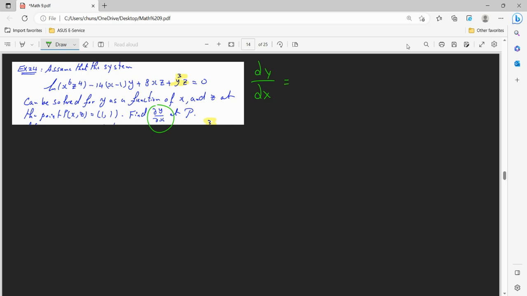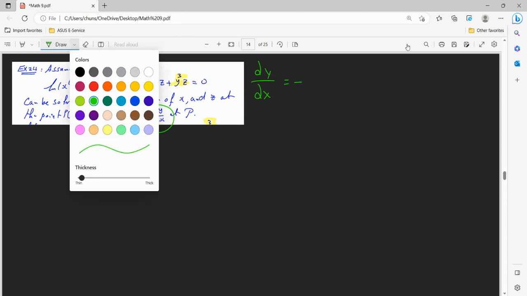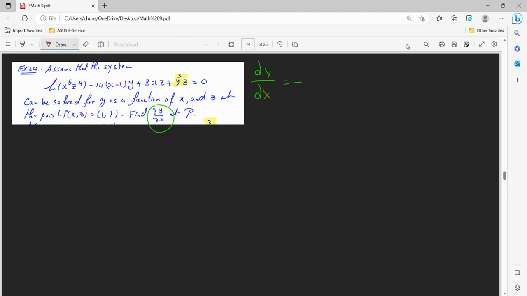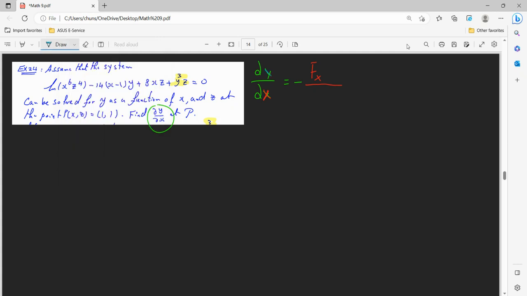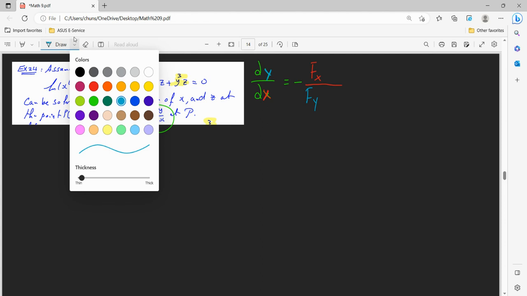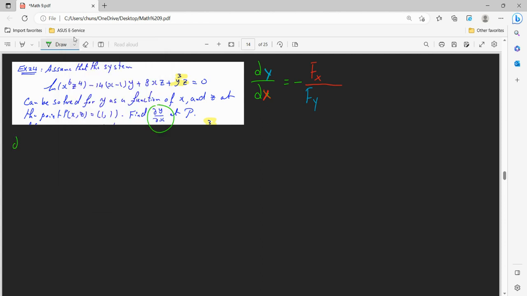So there's a different way to do this. We can instead say that this is our negative. Let me highlight this color. We're going to flip these around and put our function's partial derivative with respect to x on top, and switch our y to put this partial derivative on the bottom. By doing that, this makes it a lot easier to solve because